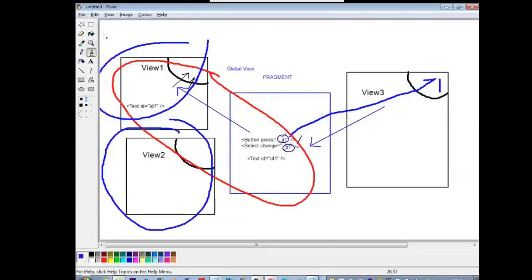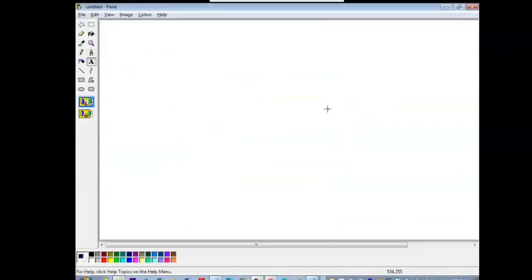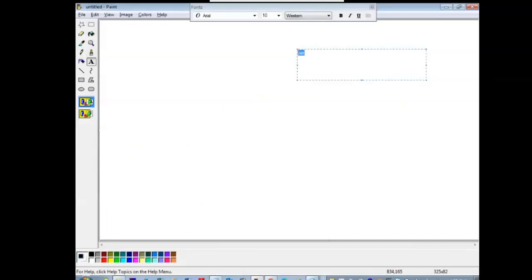Let us again go back. What is the equal to sign in our JavaScript? Strict equal to. Triple equal. Strict equal to.